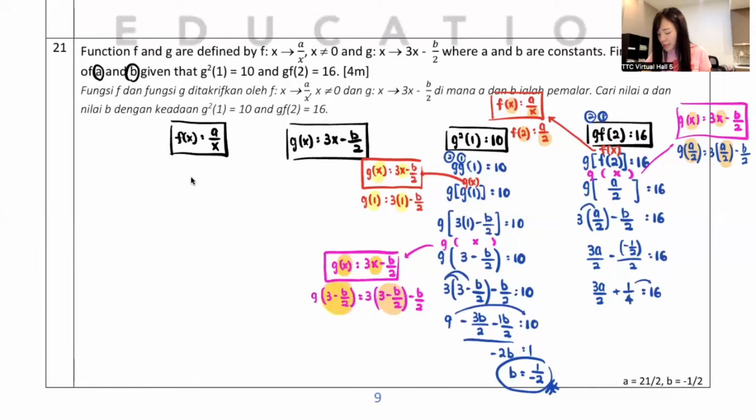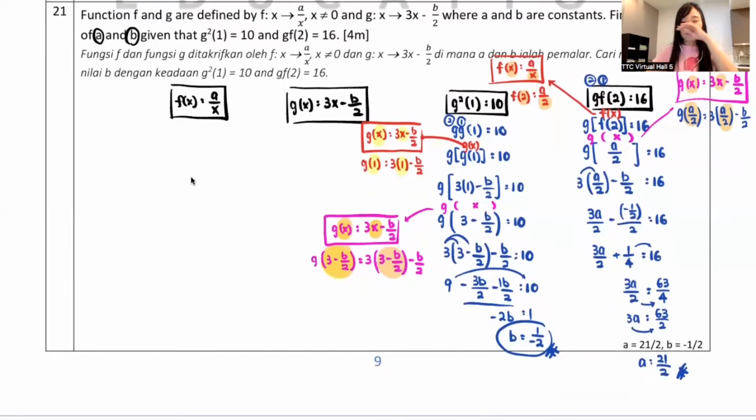So number and number, I feel like you can join them together. Plus 1 over 4, move it over, minus 1 over 4. 16 minus 1 over 4, I guess getting 63 over 4. So divide by 2, move it up, times 2. I get 63 over 2. Then the A answer, times 3, move it over, divide by 3. At the end, I'm getting the answer, 21 over 2. Done. The rest, I feel like I'm just doing mathematics, so my speed goes slightly faster, but I think